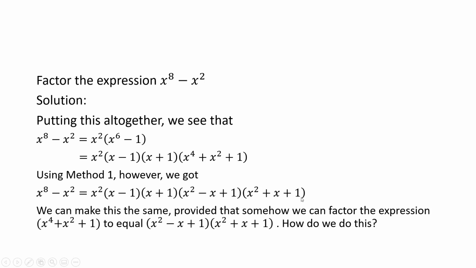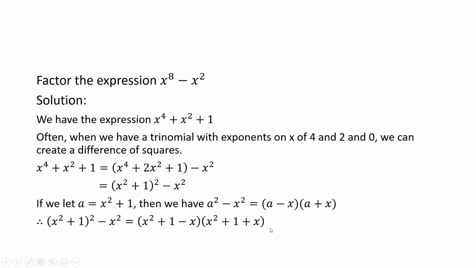Well, we can perhaps factor the expression x to the 4 plus x squared plus 1 directly into x squared minus x plus 1 times x squared plus x plus 1. How do we do it? Well, often, when we have a trinomial with exponents on x of 4 and 2 and 0, which we do here, x to the 4 plus x squared plus 1, which is the same as 1x to the 0, we can create a difference of squares by using